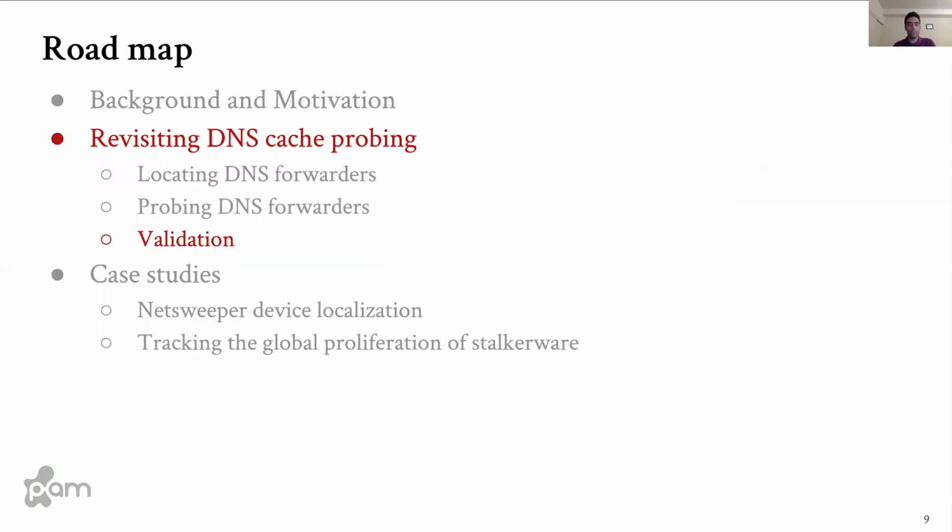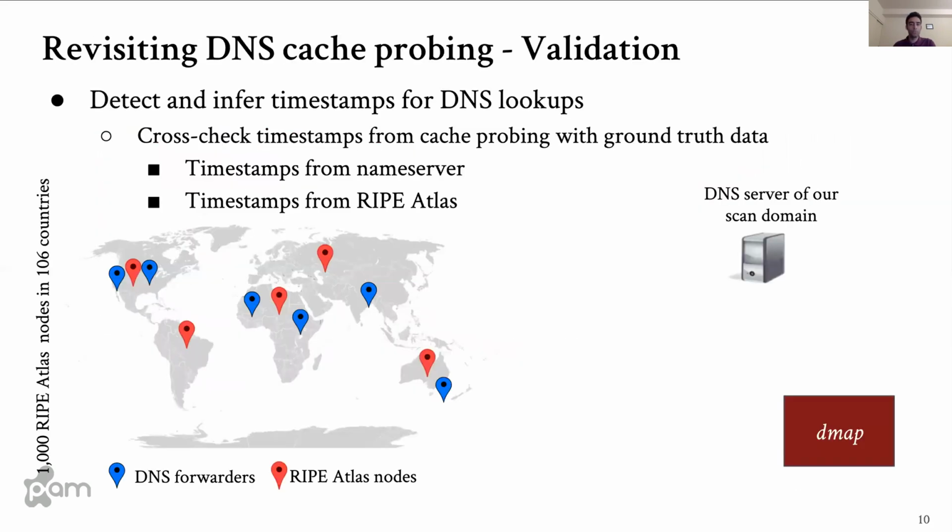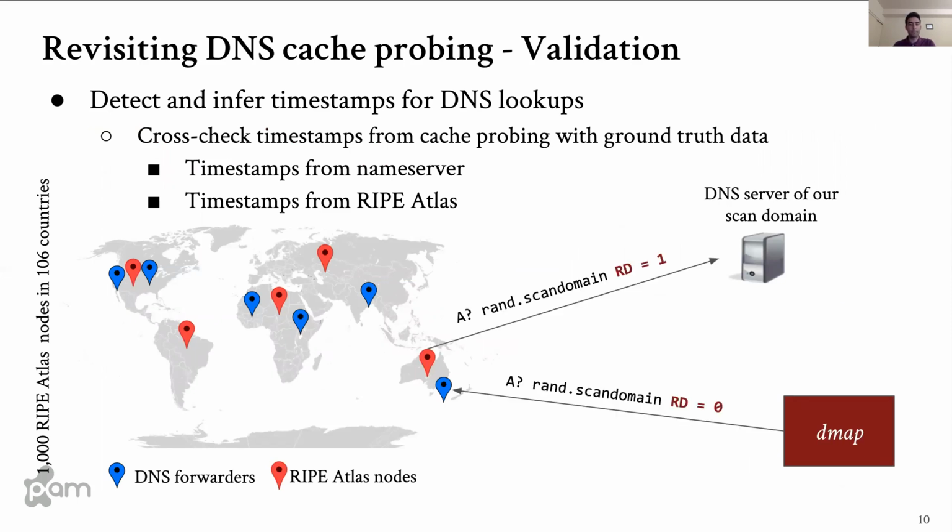I'll start talking about the validation of DMAP. So we perform a two-part ground truth experiment using 1,000 RIPE Atlas nodes that send recursive DNS queries to a single subdomain of our scan domain. At the same time, we use DMAP to probe for the same subdomain across 16,000 forwarders. So this way, the RIPE Atlas nodes would populate the DNS caches of the resolvers, and we would check if we could infer the time of those requests using DMAP by performing DNS cache probing on a population of DNS